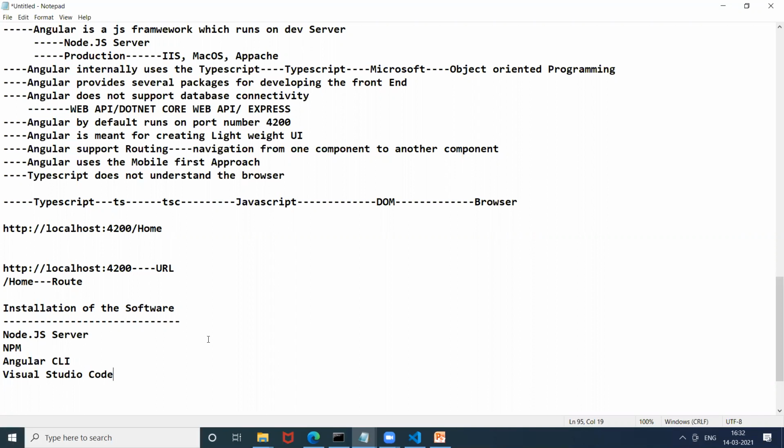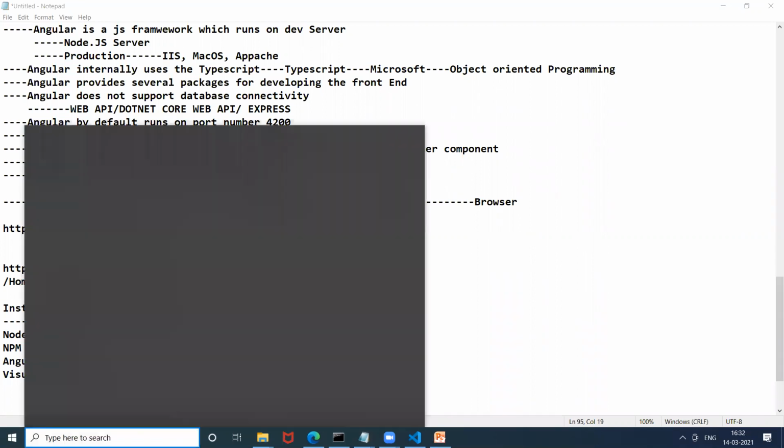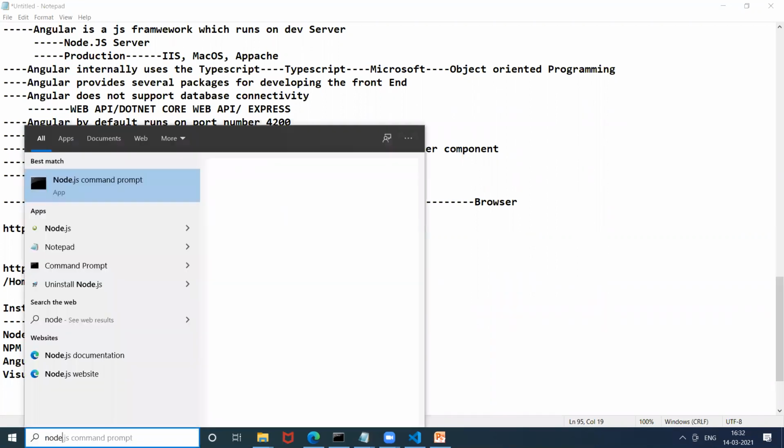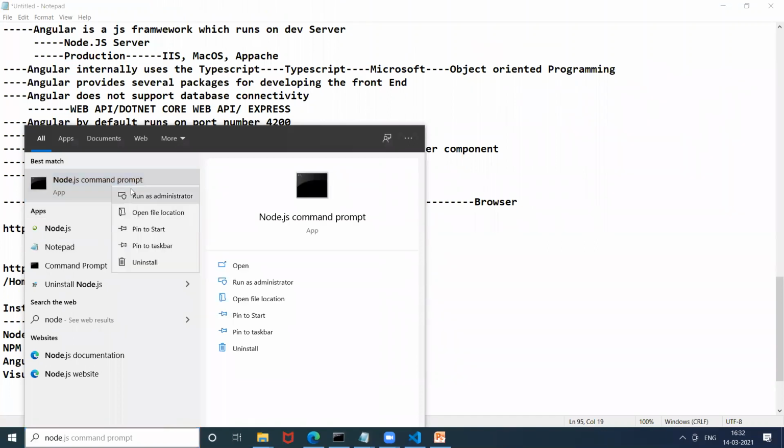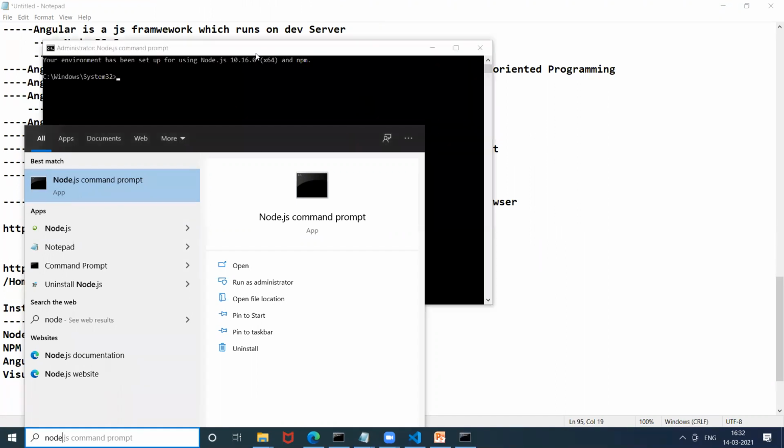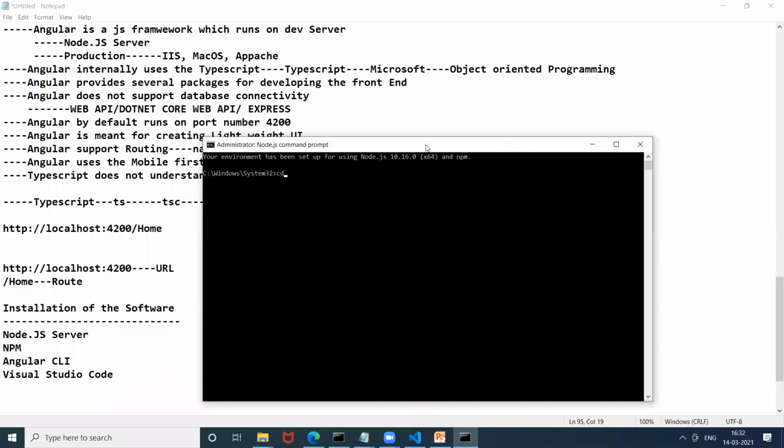So Komal, if we want to run, how can we create the application? If you open Node.js, here you can see I have the Node.js server. I do cd slash d drive, right?